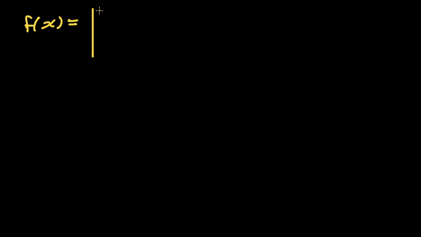Okay, so now let's say that we have f of x is equal to the absolute value of negative 3 plus x over 5, and then absolute value sign, right? And then we're asked to write a piecewise for it. Well, what you could do in this case is same thing as the last one, negative 3 plus x over 5